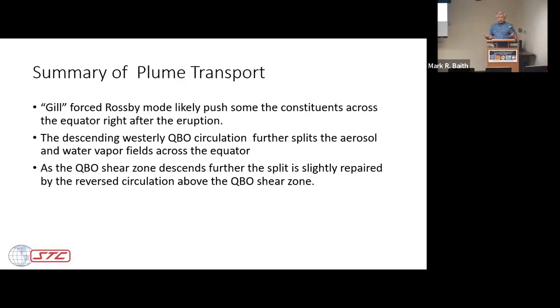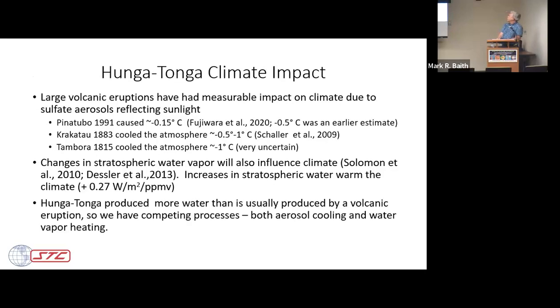Now, in these reanalysis fields, for example, MERRA-2, they do have a very good QBO. That's not the issue. But the issue apparently was this Gill forced mode. And again, this is a radiative transfer problem where all these aerosols and water are hanging around the stratosphere, and they make assumptions about what water and aerosols are up there, and they're not right. And so they don't get the Gill mode either, which is why my trajectory calculation didn't do a good job.